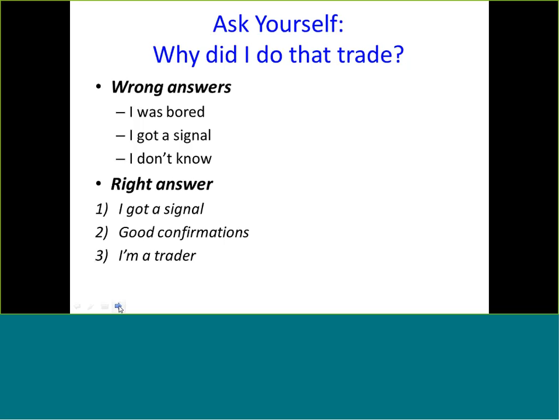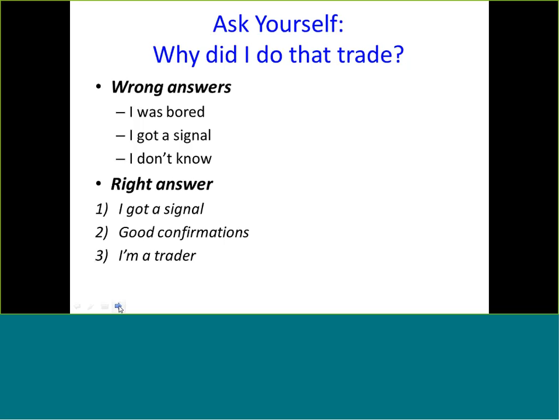So our methodology is very exact and very systematic, but what we don't do is stop right at the beginning. We got a signal, so we're all done. We take it to a few more practical levels and interrogate the signal. So a wrong answer would be, I got a signal. And definitely a wrong answer is, I don't know, I just kind of took a shot. Because that doesn't make you a trader. That makes you a bettor. And bettors lose consistently. Gamblers.